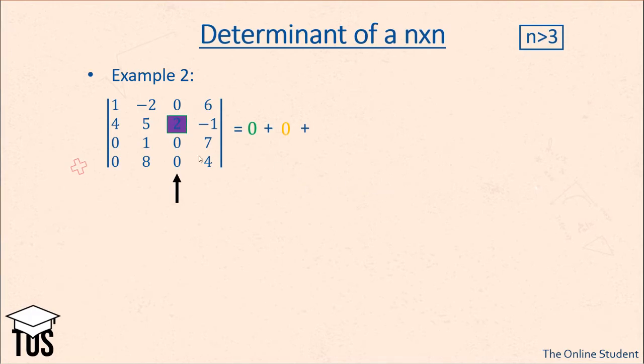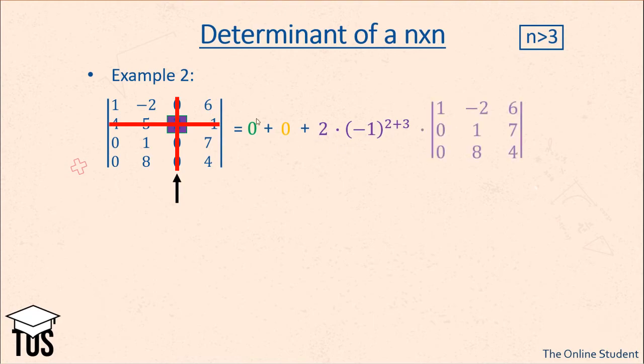The next element is equal to 2, so we have to add 2 and multiply it with its cofactor. To find the cofactor, we delete a row and we delete a column. We multiply it with -1 to the power of row plus column. This time it's the second row and third column, so 2 plus 3. And then we multiply it with the determinant of what's left. Our last element is once again equal to 0, so we can just add 0. Now all we have to do is simplify this, so we have 2 times -1 times the determinant of this